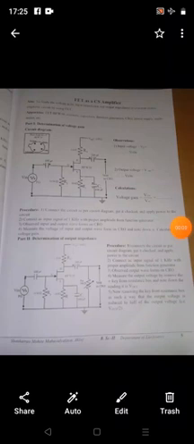Hello everyone. Then we see the next practical experiment, and the experiment name is the FET as a CS amplifier. Then what is the FET? FET is an